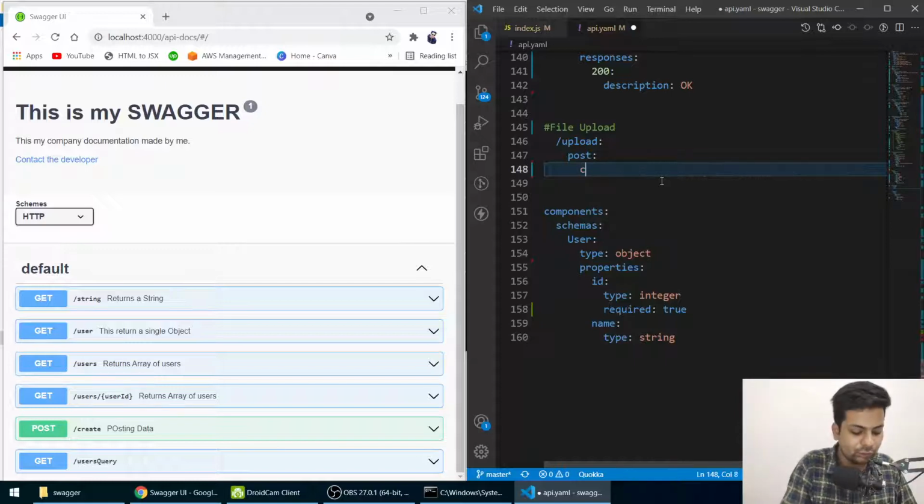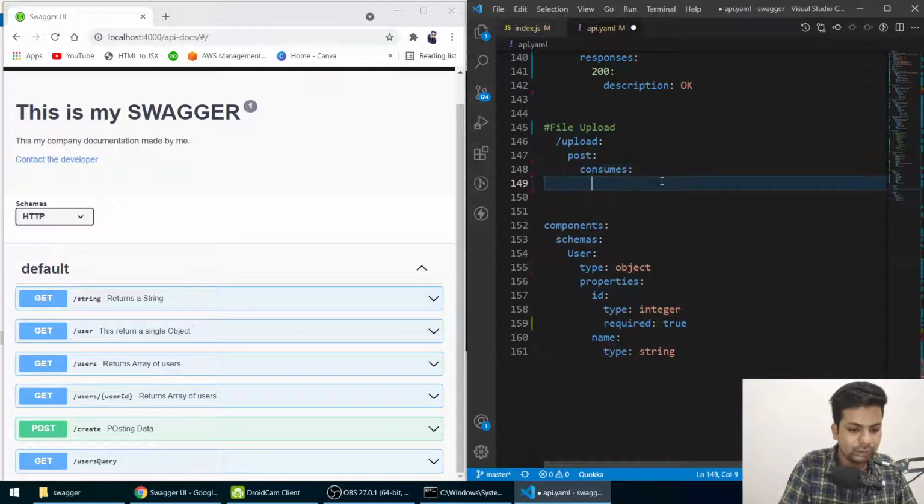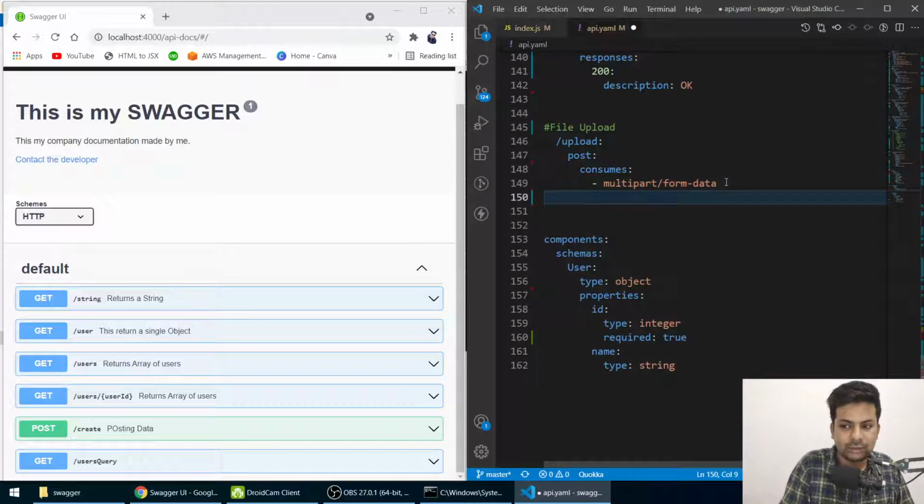Then we'll say consumes, and it should be multipart/form-data. It should be multipart, because you can send data like files through form data multipart only.